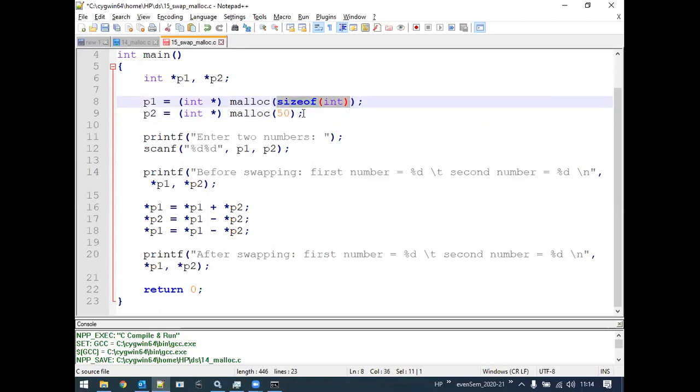This statement size of int means it is a single block of 2 bytes of memory. If I replace it with 1000, that means a single block of 1000 bytes is allocated. So it gives us a single block of memory, which can be pointed to by the corresponding pointer.